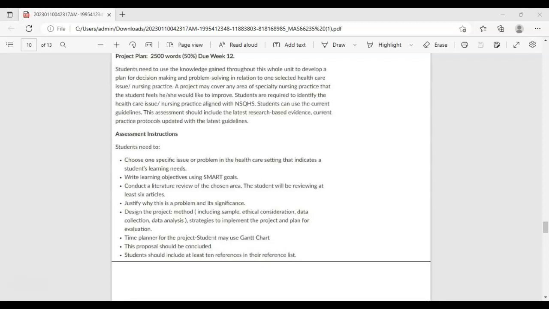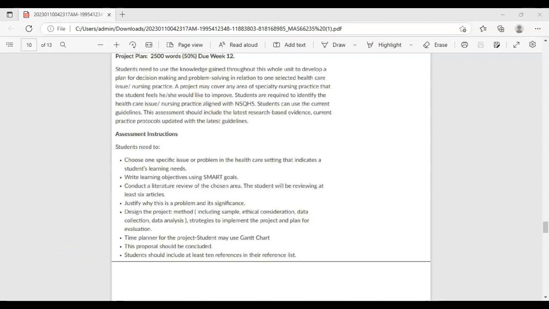Today we are going to discuss the project plan, how we proceed with it, what the specific components of a project plan are, and what we need to look at while making it. What are the keys and facts that need to be considered? We are going to discuss a project plan based on a particular clinical issue or healthcare setting issue that exists in a country, in a nation, or is usually present in a healthcare setting. So as we are seeing